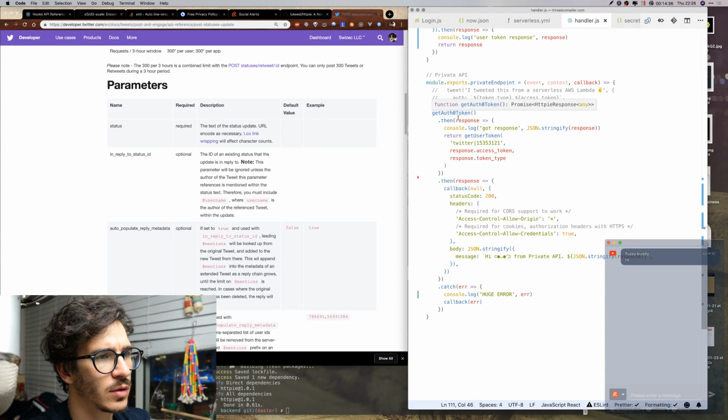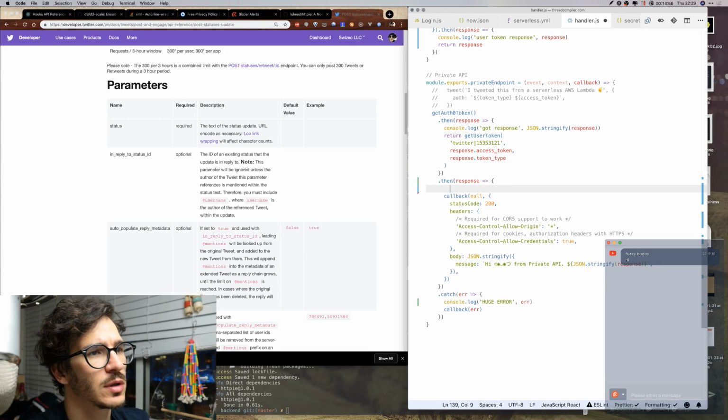We get the auth token, then we get the user token. When we get the user token, we then don't actually tweet. We just return that. Then when we have the response, we do what?